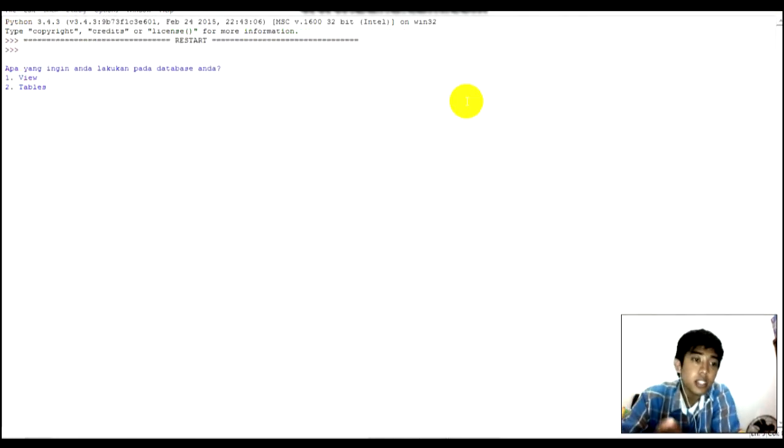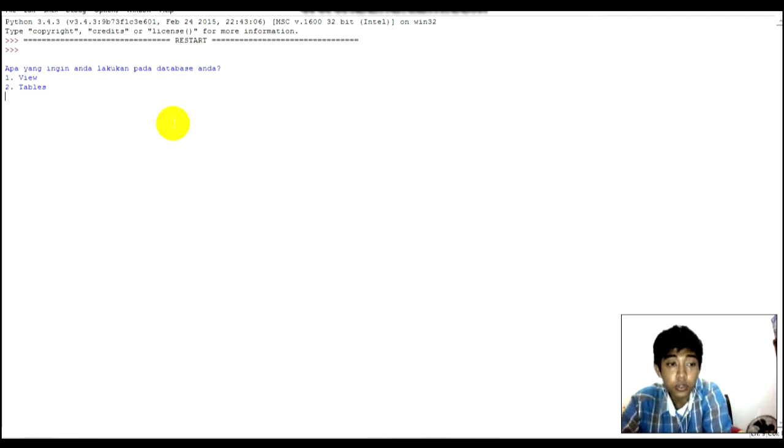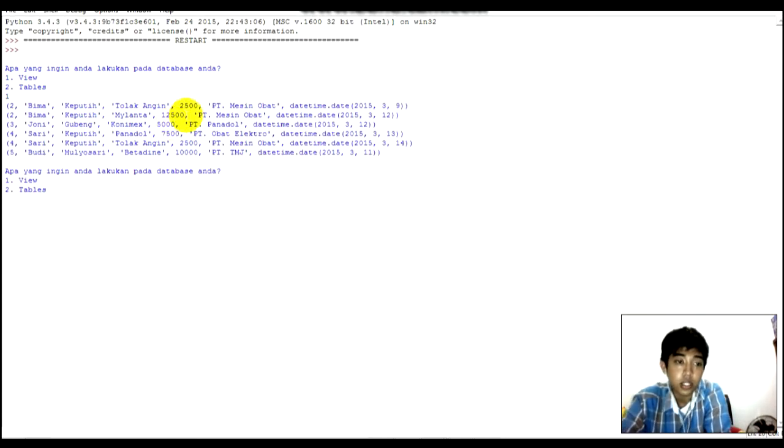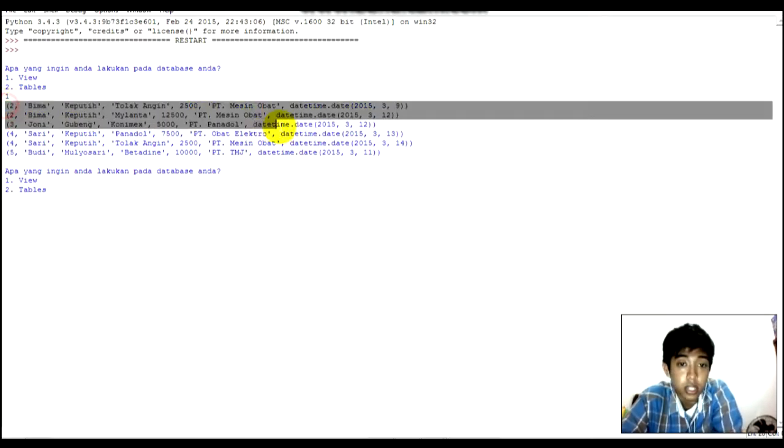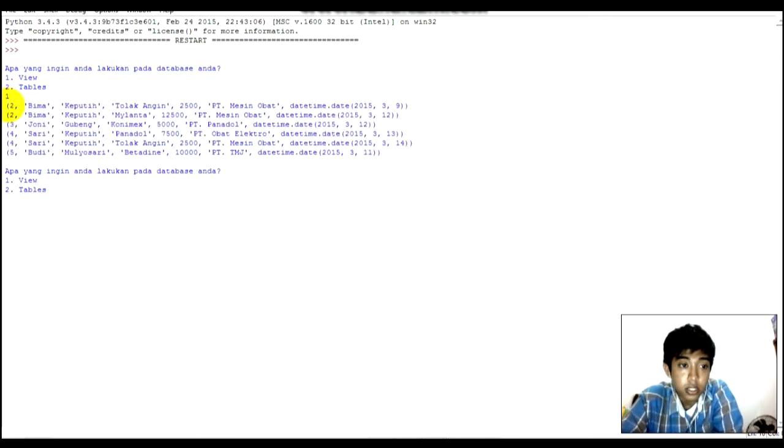We can see that my program runs, and we can choose view or the tables. If we choose view, the view of my database will come out. This is the ID, the second column, and the information of my database, and let's see the tables.